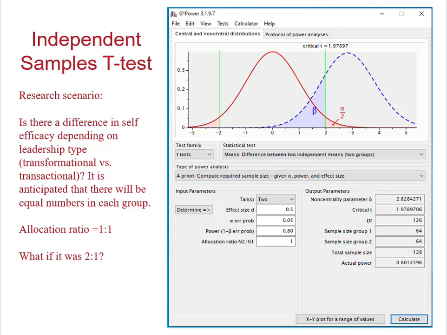In this video, we're going to go through how to do the independent samples t-test using G-Power. So our research scenario is: is there a difference in self-efficacy depending on leadership type, transformational versus transactional? And just to be clear, self-efficacy is a self-efficacy score. So we're interested in comparing that numeric variable and seeing if there's a difference based on two groups, transformational versus